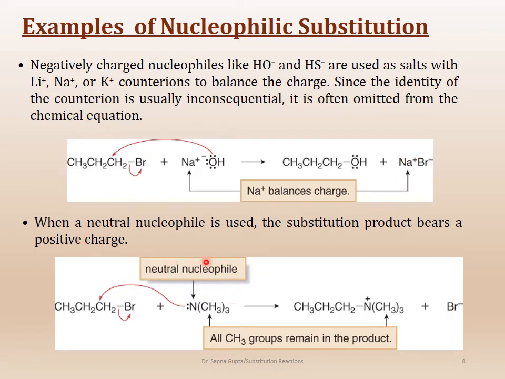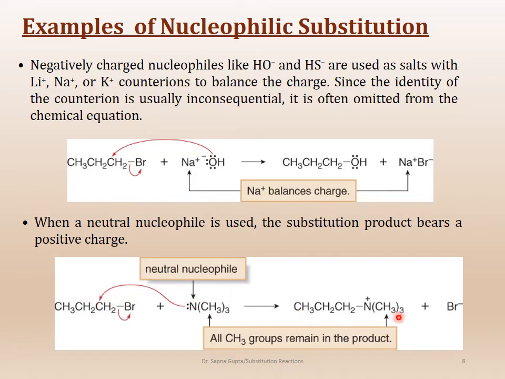And then here, this is an example of a neutral nucleophile. Sodium hydroxide, in this case, the hydroxide is negatively charged, and this one is a neutral nucleophile, in which case the lone pair of electrons are going to do the attacking. So here again, same thing, here's the attack, backside attack, bromine leaves, here is bromide, and now because the nitrogen